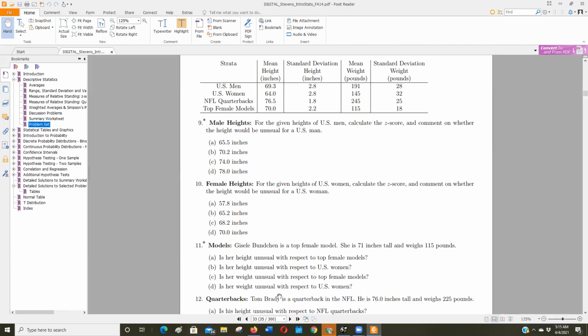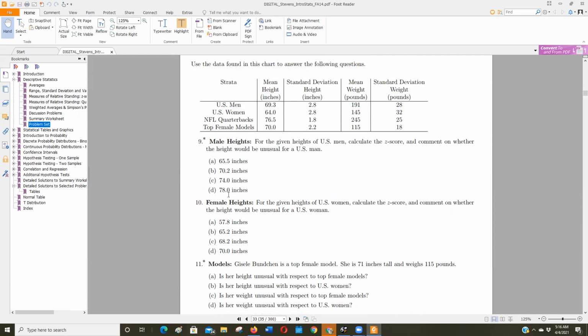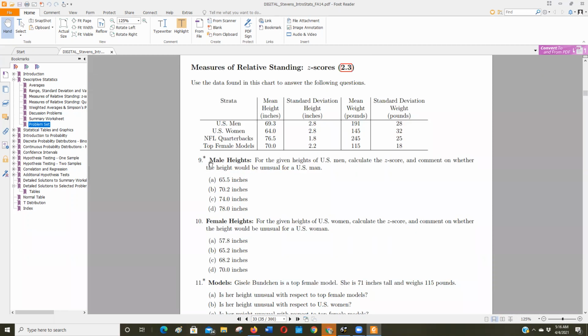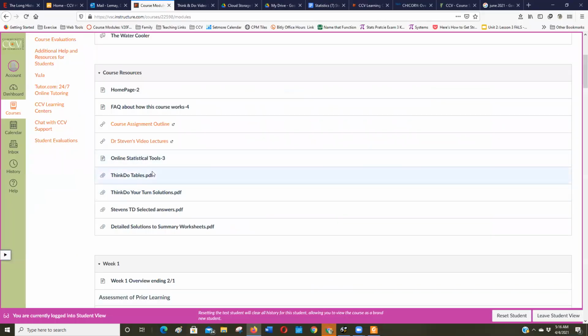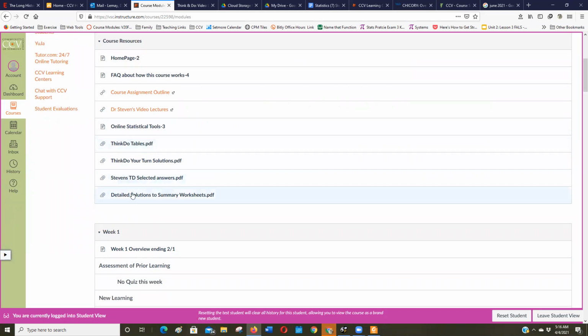So anyways, I digress. These unstarred exercises are the ones you want to post work for if you're going to go for the textbook version. And those starred ones, as I say, you have the answers, so why post the work? Okay. So that's what I have, I guess. And the summary worksheets' selected answers are those starred exercises.